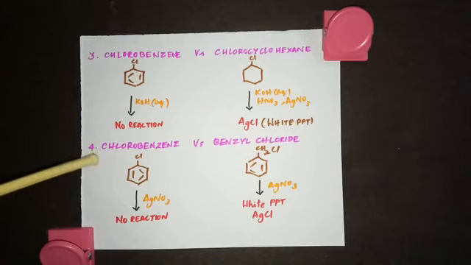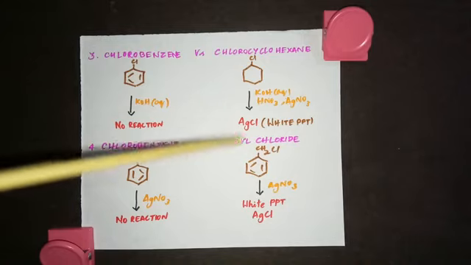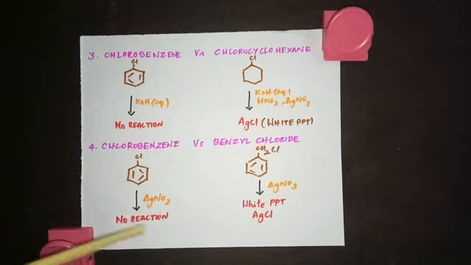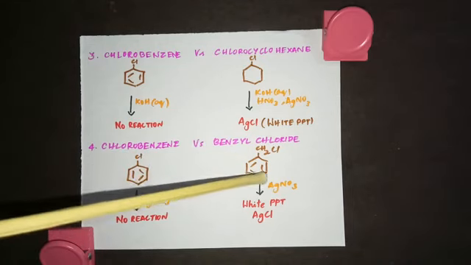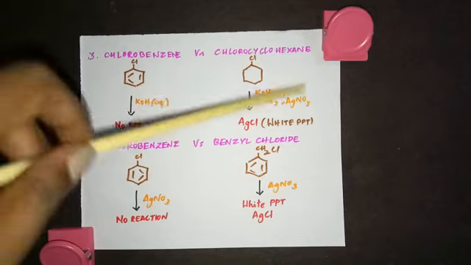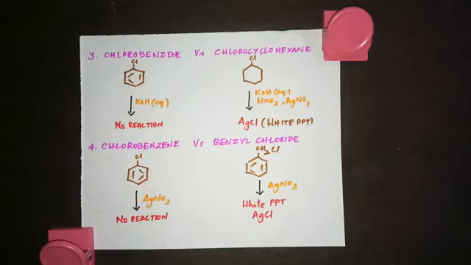Now the next question will be, how will you distinguish between chlorobenzene and benzyl chloride? Again, the same test you can write. Take chlorobenzene, add AgNO3, there will not be any reaction. If you take benzyl chloride and add AgNO3, you will get a white precipitate. Then you can say the one which gives a white precipitate with AgNO3 is benzyl chloride. The other, which does not react with AgNO3, is chlorobenzene. You can use the same reaction to distinguish between chloroethane and chlorobenzene also, which we have seen. Instead of writing all this, you can use AgNO3 directly. So these are a few examples of how to distinguish a pair of compounds.